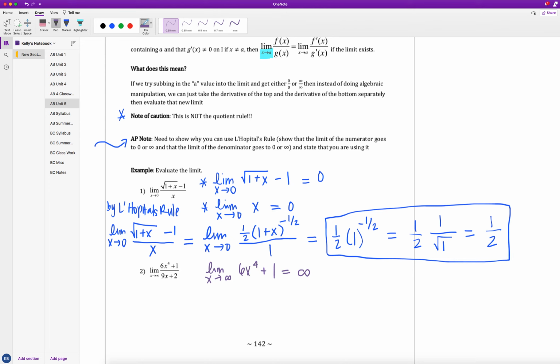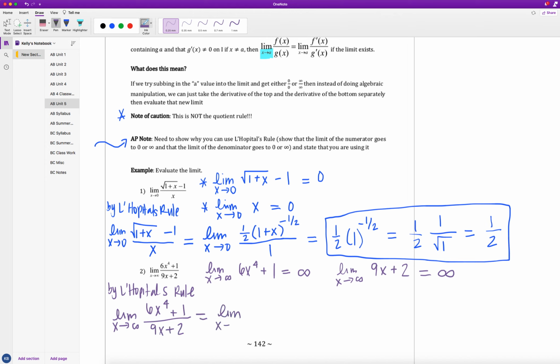So my limit of the numerator is going to infinity, and I'll also show that the limit as x approaches infinity of the denominator, computing these limits separately, is also equal to infinity. So by L'Hopital's rule, instead of computing the original limit, the limit as x approaches infinity of 6x to the 4th plus 1 over 9x plus 2, that is going to be equal to the limit as x approaches infinity